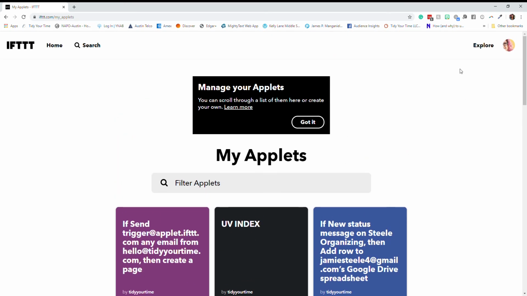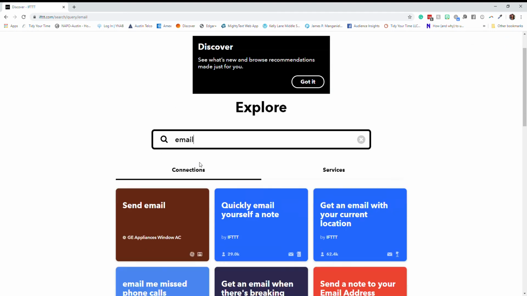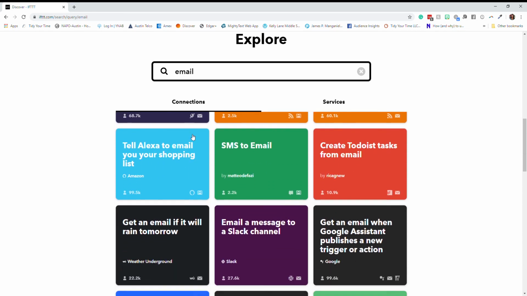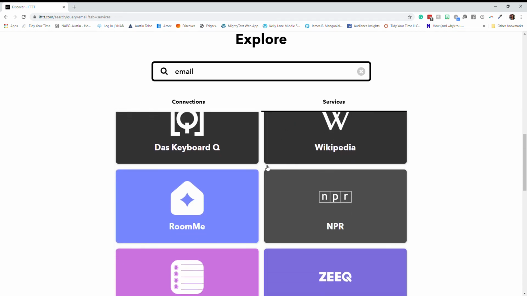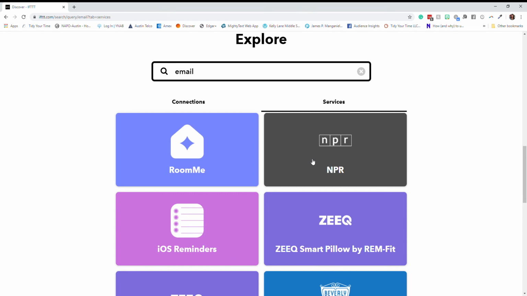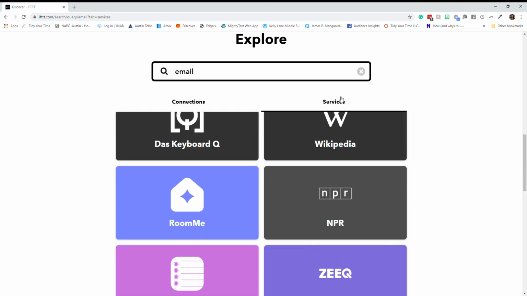So let's get into how you can create these applets yourself. Now there are thousands of applets that are already done for you. So if you want to search for something that's already made and you want to start, say, with email, you can browse all the connections that are available for email. You can look at services related to email, what you can do. So it looks like you can connect NPR in your email. So I imagine that means you're getting a news update every morning in your email from NPR. So let's go back